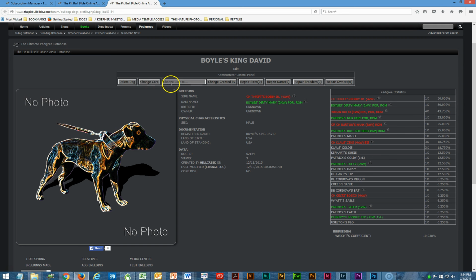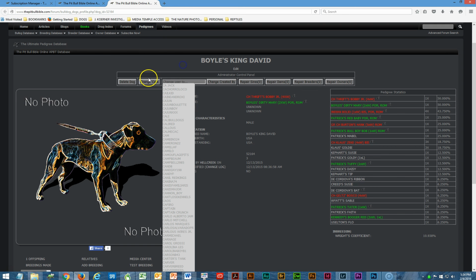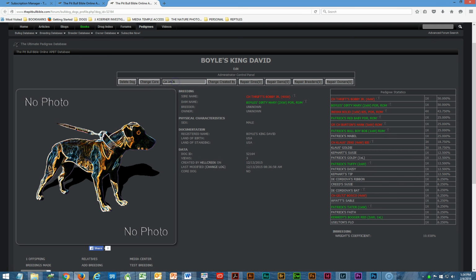If I didn't want Hell Creek to make this and I wanted to put it as somebody else, I could put California Jack has made this dog and then just change created by, but that's not what this is about here. This is about the delete dog function, okay? So, I guess it wants me to do that, but I'm not going to. Anyway,